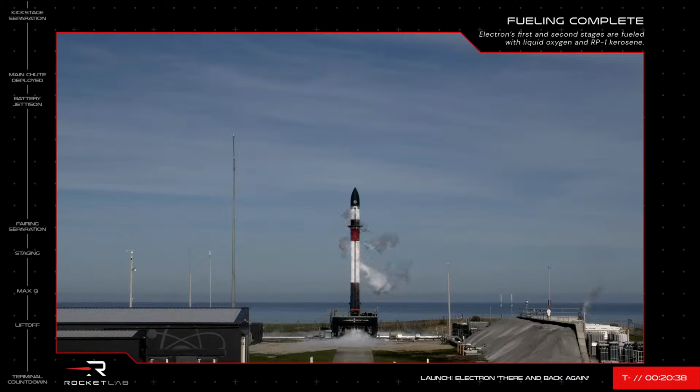It is the 3rd of May here in New Zealand, and we are about 20 minutes away from the opening of today's 2-hour launch window, with T0 set for 10:41 a.m. local time. My name's Muriel Baker, and I'm here at Rocket Lab's Mission Control Centre in Auckland, New Zealand,